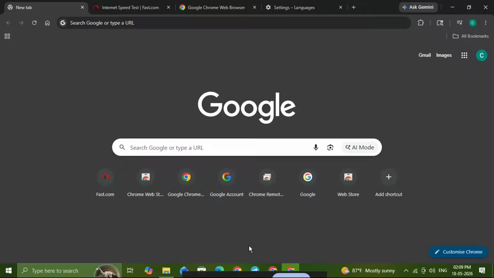In today's video, I'm going to show you how to close a browser tab with a keyboard shortcut in just a few seconds. This is one of those simple tricks that can save you time every single day, whether you're working, browsing, researching, or just trying to clean up too many open tabs. Instead of reaching for your mouse and clicking the little X on the tab, you can use a quick shortcut